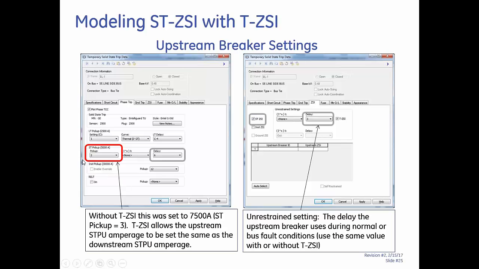The first thing I've changed in this window, highlighted in red, is that I went from a pickup of 3 to a pickup of 2. This is going to create overlap, but as you will see, it is going to be coordinated. The delay of 6 in the phase trip window and the delay of 3 on the ZSI window are unchanged. We don't need to change those. Those are set appropriately, and I still have short time ZSI selected. But the other change I have to make, just coming onto your screen now, is to select the T-ZSI. However, this is one of those situations where, to do all this right,